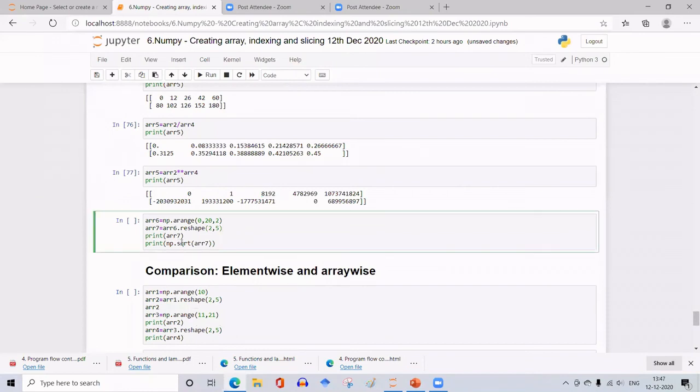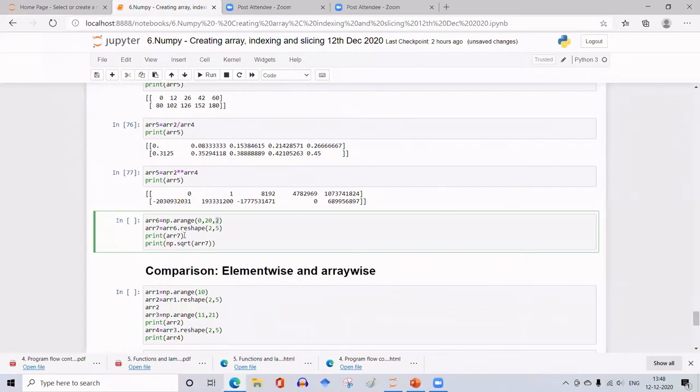Okay. And even we can have the square root. Just for checking purpose, what I have done is I have arranged 0 to 20 by taking a step of 2. So it will take 0, then skip 1, then 2, then skip 3. So all even numbers I have taken and arranged it into an array, array 6. Then I have reshaped into a 2 by 5 array.